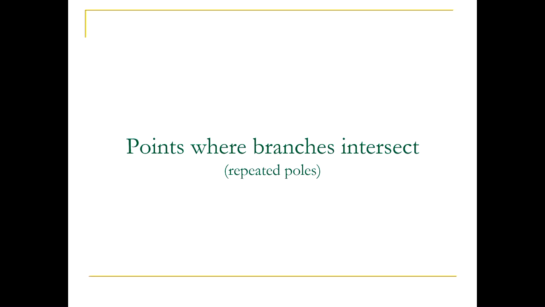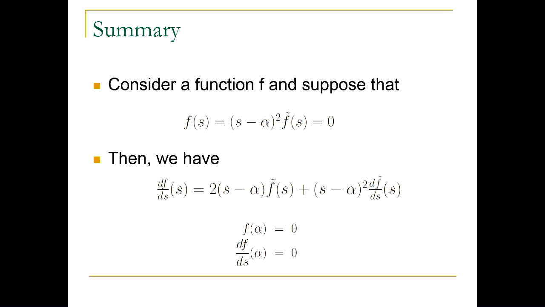poles with multiplicity higher than 1, depending on how many branches intersect. If only 2 branches intersect, we will have a pole with multiplicity 2. But you might have a situation where many branches intersect: 2, 3, 4, 5. We can have many branches intersecting at the same point. So we want to first present the formula, and then we will apply it to the example again. So first I want to remind you, or